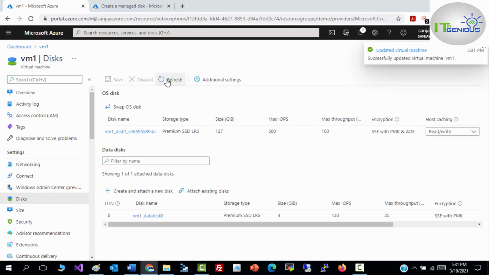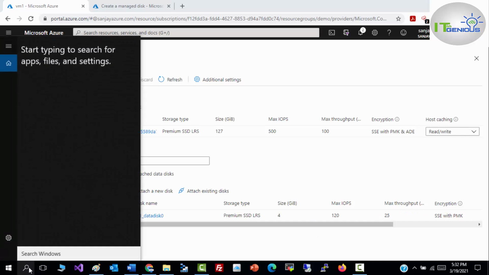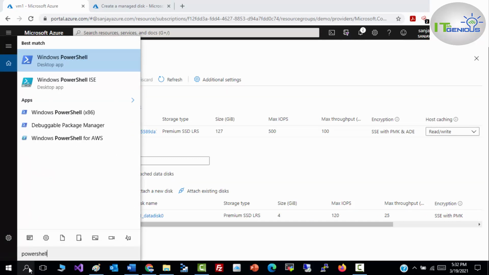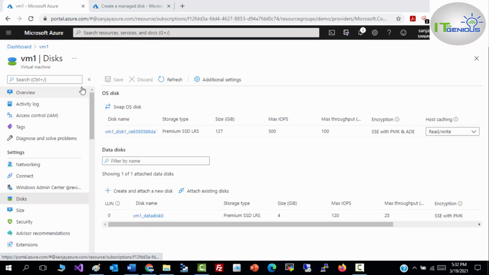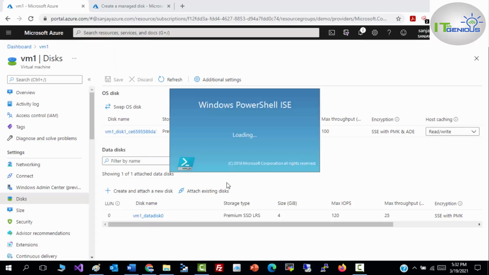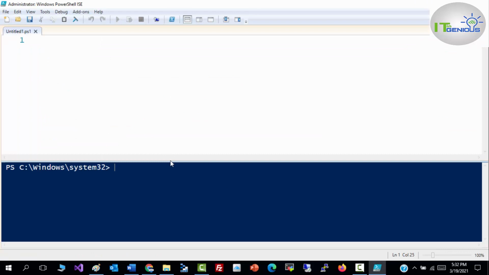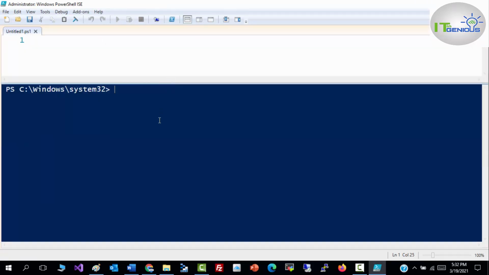Now I'm going to show you how to add a disk through PowerShell. For PowerShell, I need to open PowerShell on my system. Let me open PowerShell ISE. First of all, I need to connect and authenticate myself.